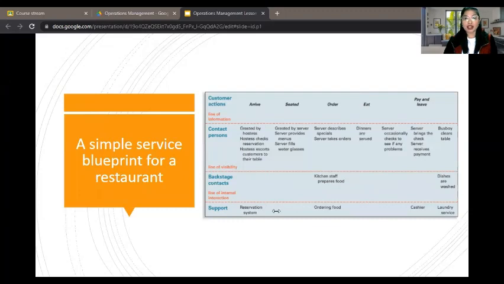Next are what are sometimes referred to as backstage contacts, in this example the kitchen staff, and below those are the support or backroom operations. In this example, support operations include the reservation system, the ordering of food and supplies, cashier, and outsourced laundry service,